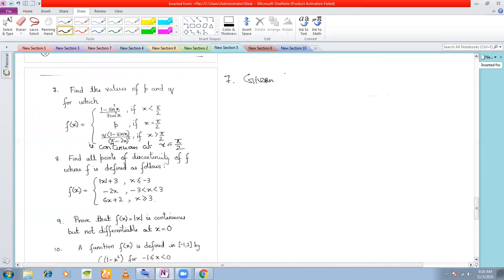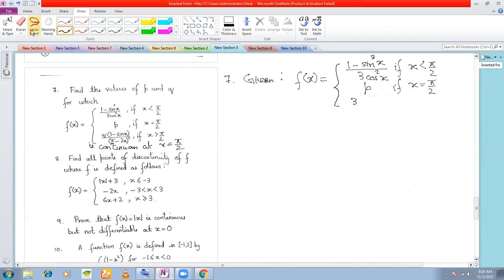Given fx is equal to 1 minus sine cube x divided by 3 cos square x if x is less than pi by 2, is equal to p if x is equal to pi by 2